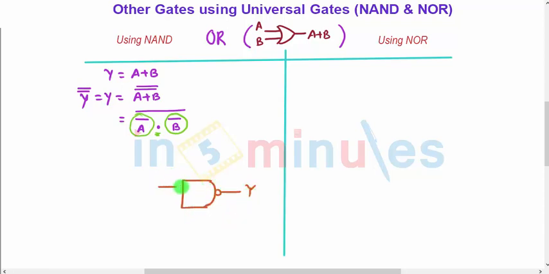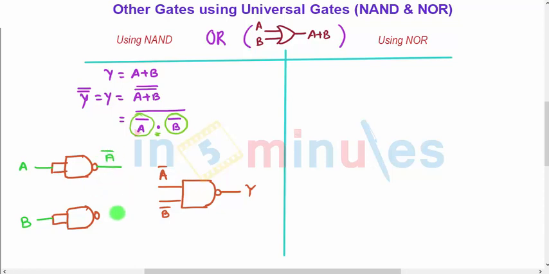To this required output Y we have two inputs, that is nothing but A bar and B bar, and to implement A bar and B bar, in the earlier slide we have the NOT gate using NAND for A bar, and this one is for B bar. Both the inputs of this one are shorted, along with this one also, to convert it into A, this is converted to B. So here you will get A bar, here you will get B bar. A bar is shorted to A bar, B bar is shorted to B bar, hence your Y is equal to A plus B, the operation is completed.